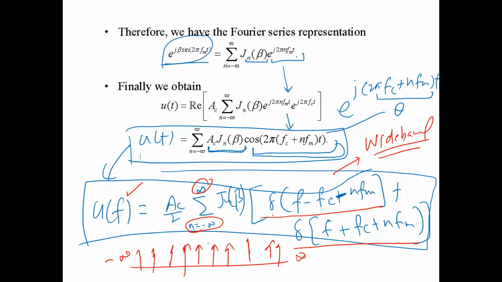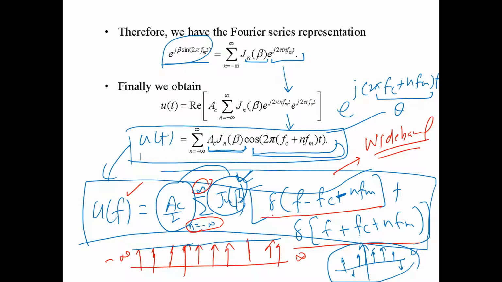The values of these impulses are depending on these two things, right? The Bessel function value. So we will not have constant values of the impulse. The impulse values will be changing according to the Bessel function values. For example, I could have fc here, the second component could be lower, the other component could be higher, could be lower, like this one. We will see how, because these values will be depending on the Bessel function, whatever integration component I am getting.